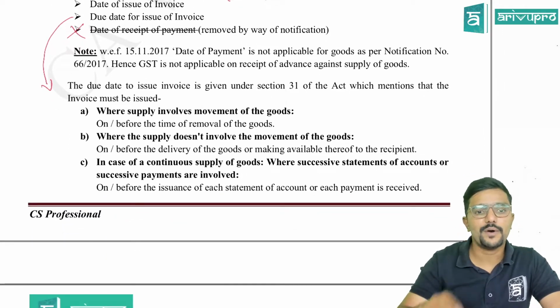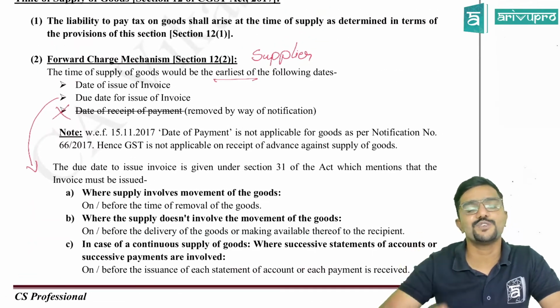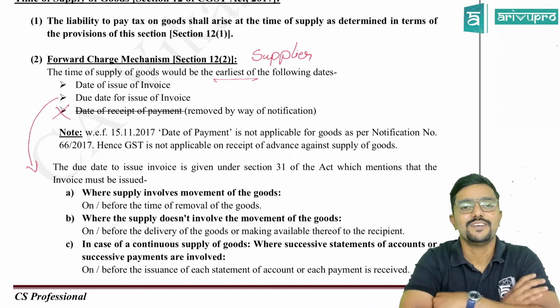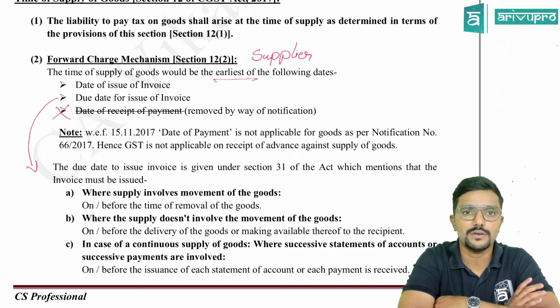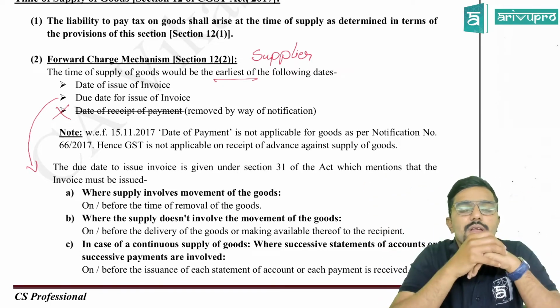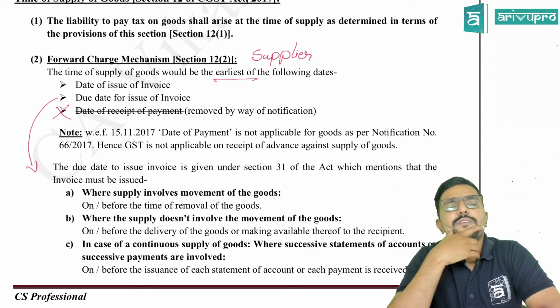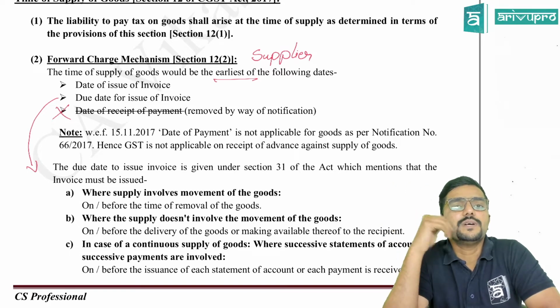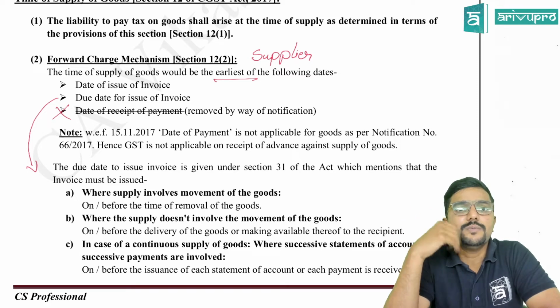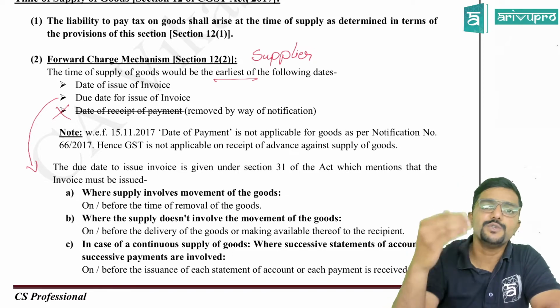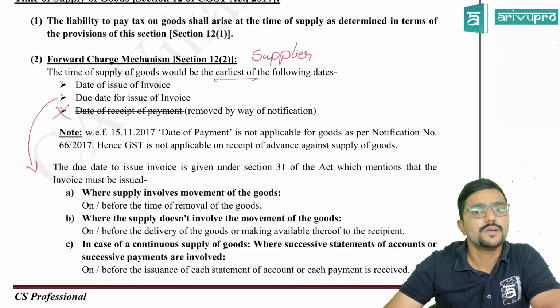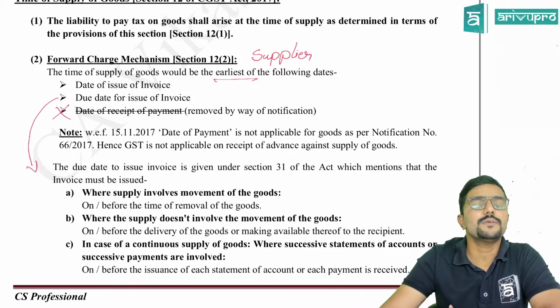Now, sir, one of the points to decide time of supply is the due date for issue of invoice. Now, what is the due date? Within what time should the supplier issue the invoice? There is some time limit. The supplier cannot issue whenever he wants. See, the supplier will have a luxury. The supplier can think, I will collect money from the recipient whenever I want, so I will issue the invoice whenever I want. But the government is not ready. They cannot postpone their tax collection. So the government wants you to issue the invoice within the prescribed time. If not, pay tax out of your pocket. Later collect it from the recipient.